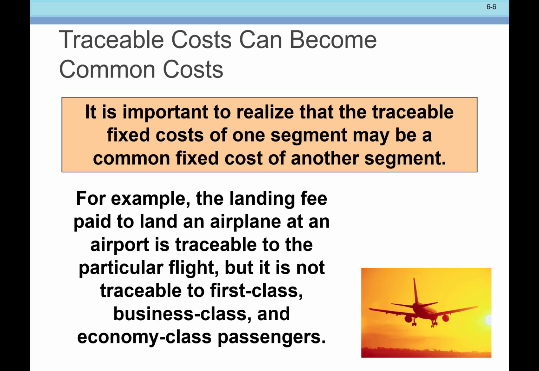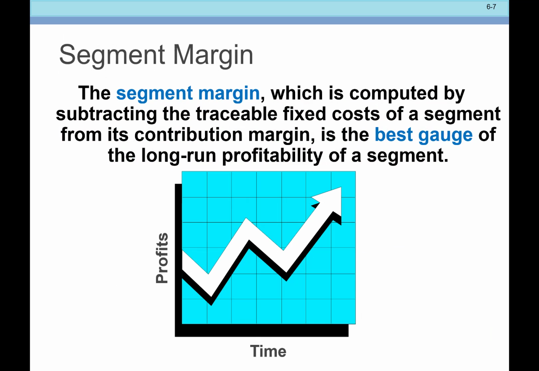What do they call it? Coach. Because you can't get rid of that part of the airplane. That part of the airplane is going to be there regardless. Okay? Or that fee is going to be there even if you got rid of that part of the airplane. Okay? All right, so let's take a look at how we will analyze,